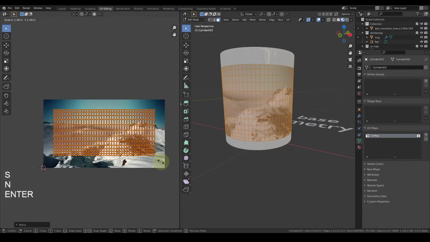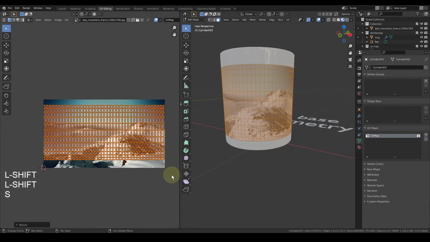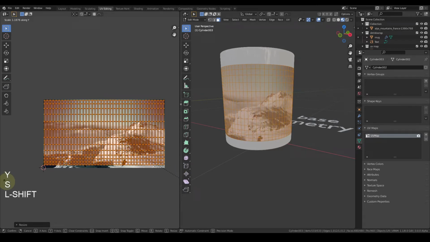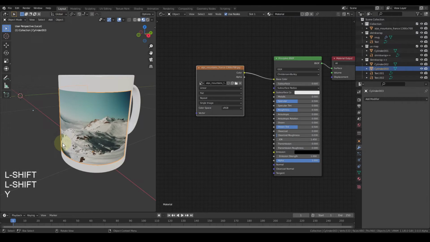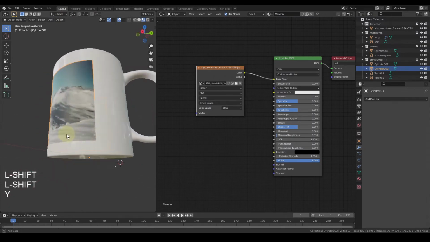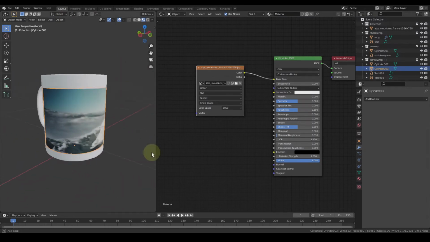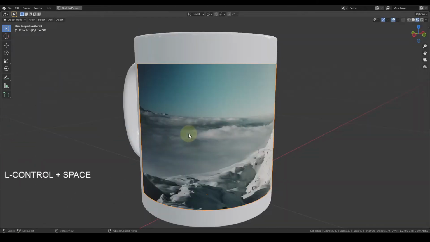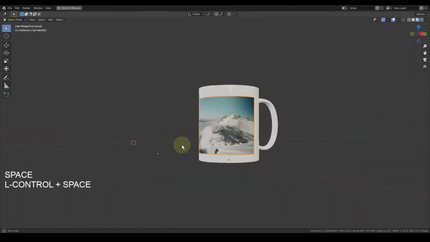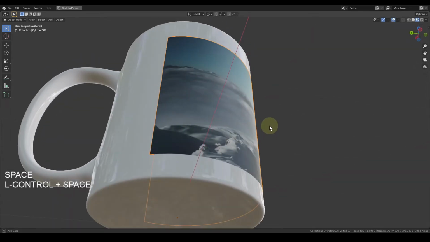Okay, and just scale them up, S Y. Okay, so now we have this material, this texture, this image perfectly wrapped around the mug without any shading issues.